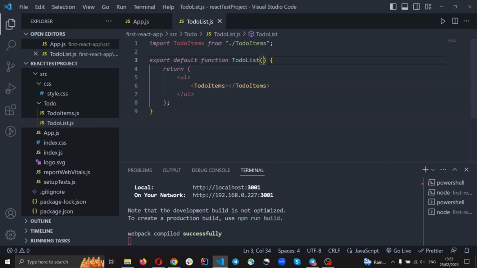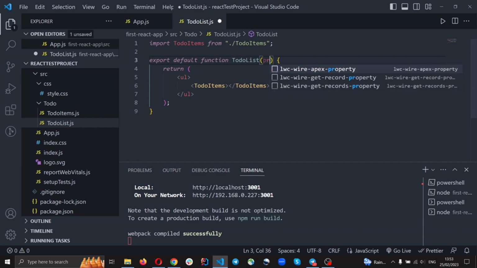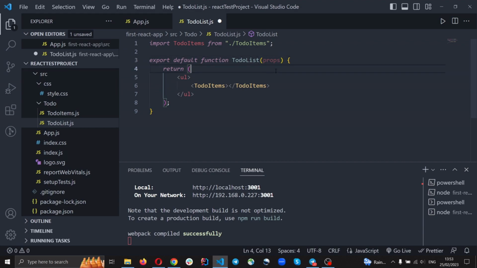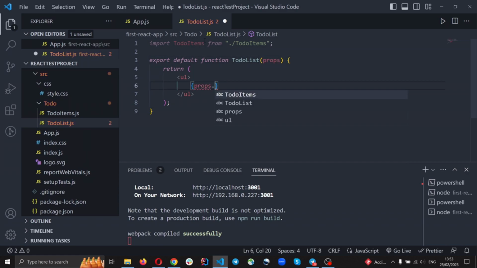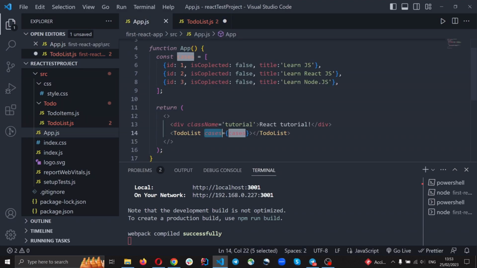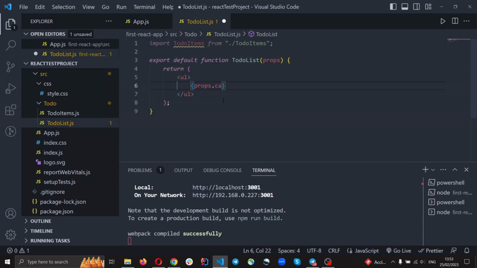In the function, we just need to type props, and after that we need to change our markup a little bit. We need to move it and use props and type our key. It will be cases,